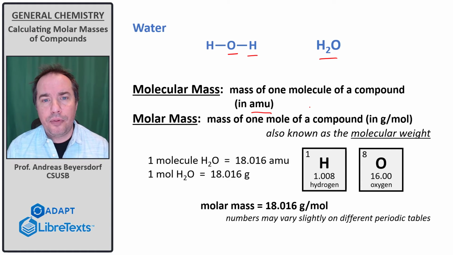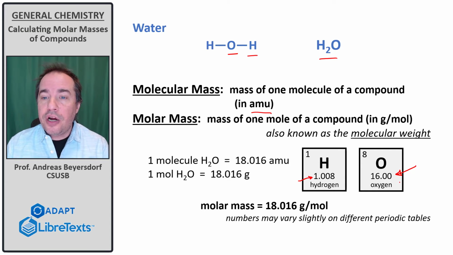Let's look at an example. So I have hydrogen, which has an atomic mass of 1.008, and I have oxygen, which is 16.00. Now, the numbers you have on different periodic tables will vary slightly, but that really isn't that important when we're